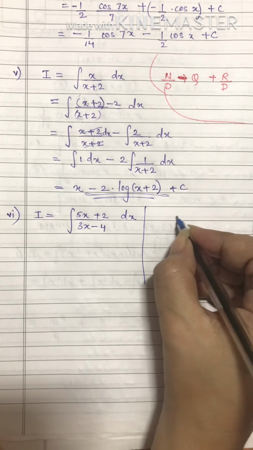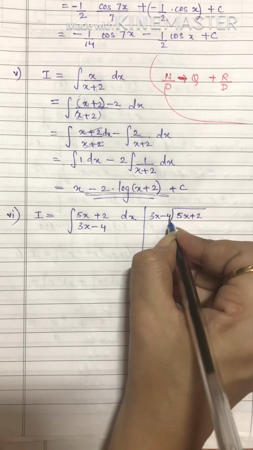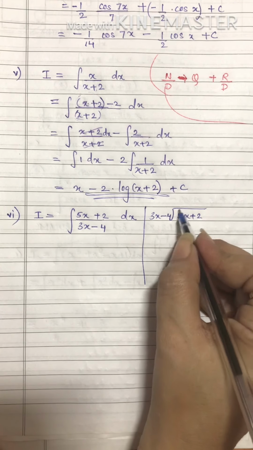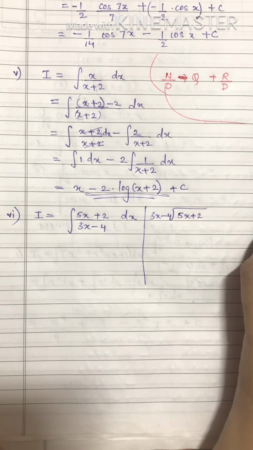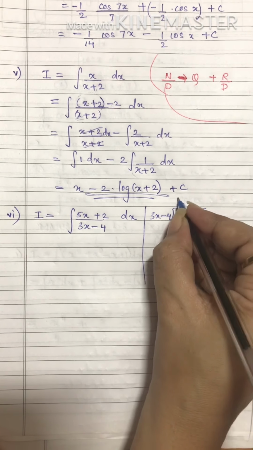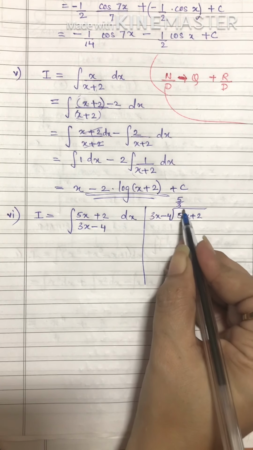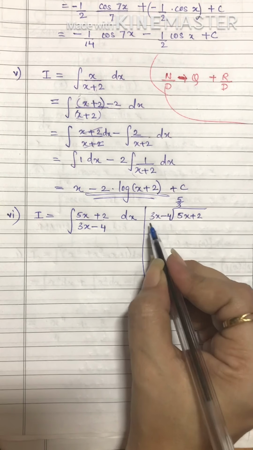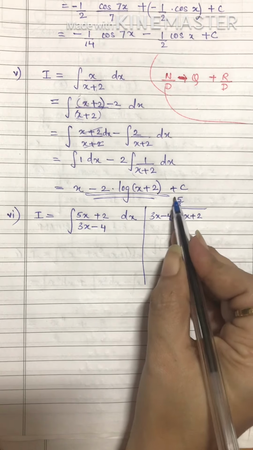Let's try to divide this by 3x - 4. So what we do first is divide the first term of the dividend by the first term of the divisor. So 5x upon 3x, you get 5/3. That will become the first term of your quotient. You understood what I have done? I am dividing the first term of the dividend by the first term of the divisor. That will be the first term of the quotient.